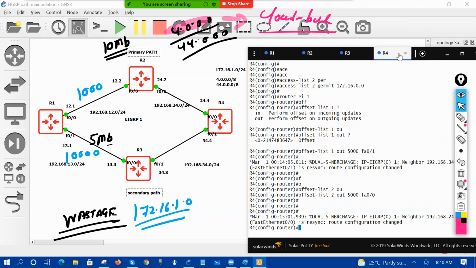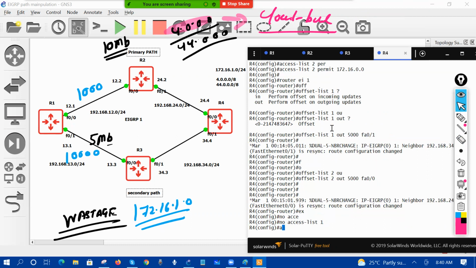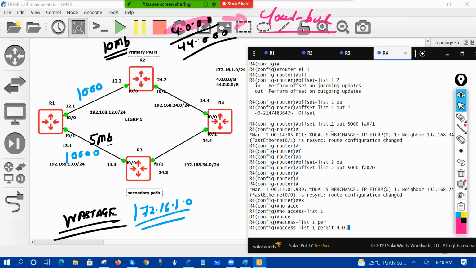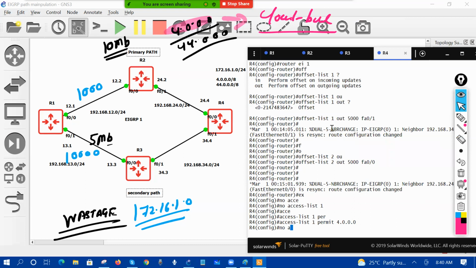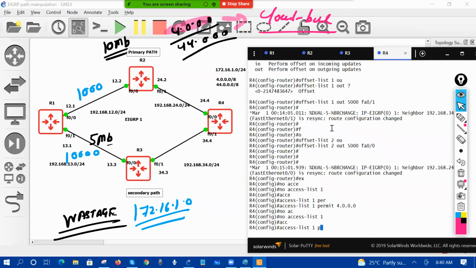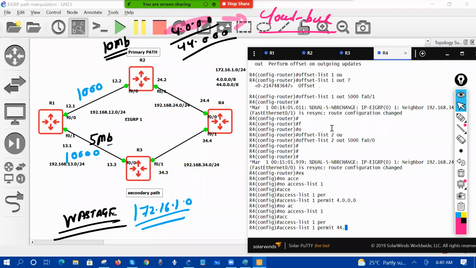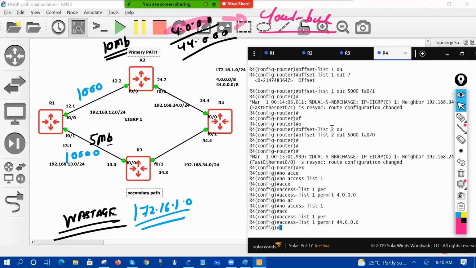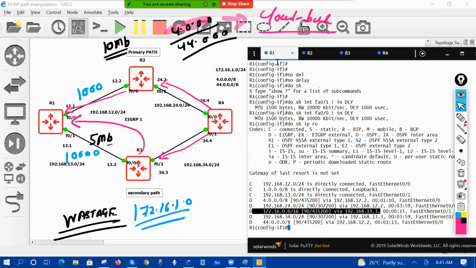Just go to router number 4. I called this guy in the ACL number 1, right? Sorry. I remove this guy, 4.0.0.0, from the ACL. So what happened? Now R4 will advertise the default metric to R3 and R2. R2 will advertise the default metric to R1, and R3 will advertise the default metric to R1, only for this particular network. So now if you see on R1,